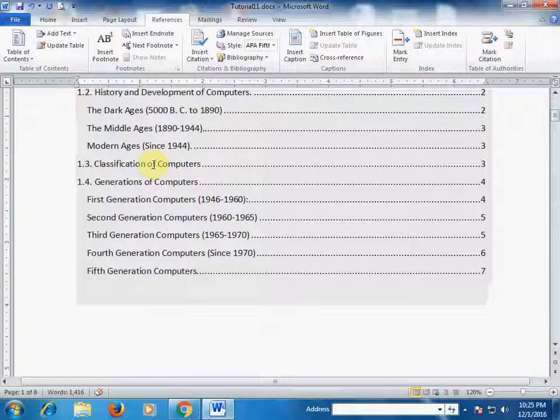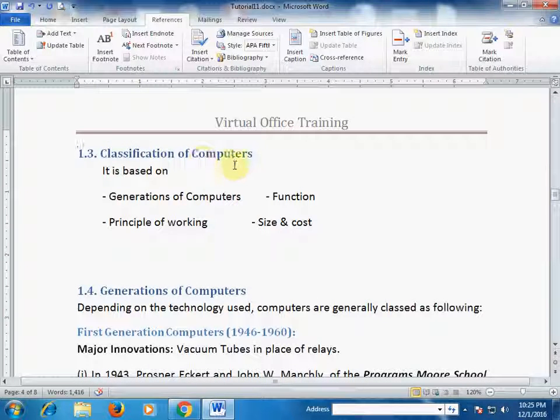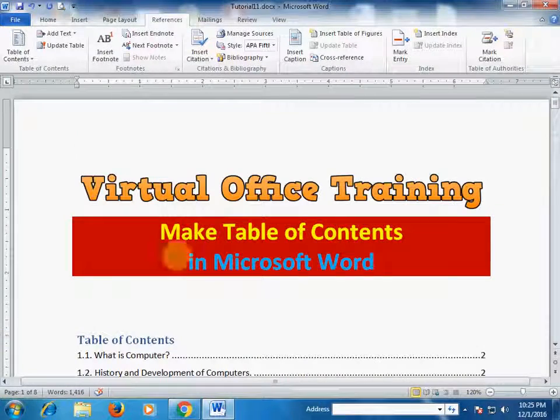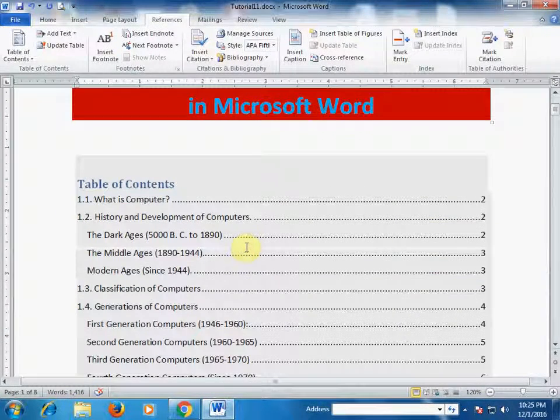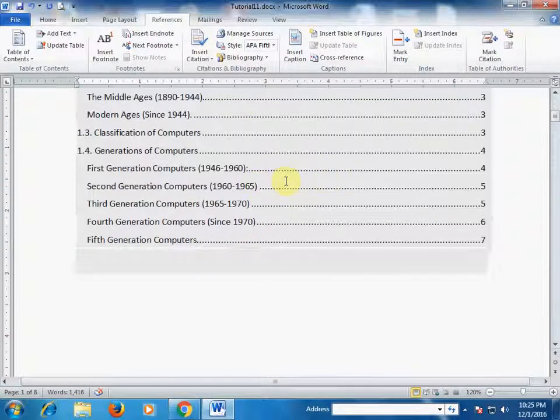Just press Ctrl and click here. Now it goes to the Classification of Computer. Just press Ctrl+Home to go to the first page, and now you can see this is a